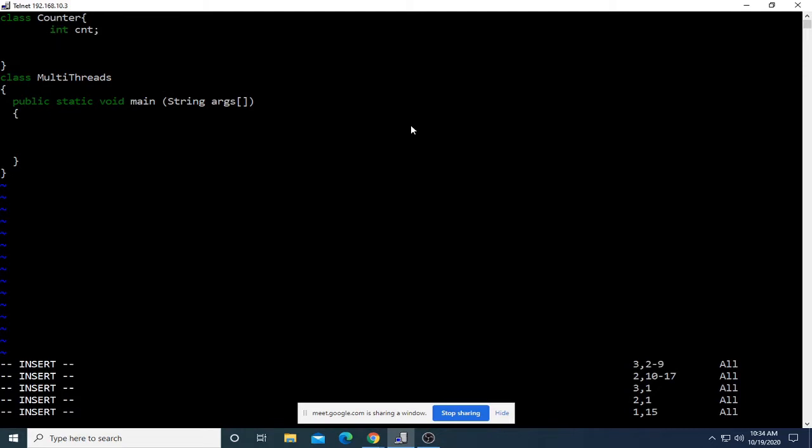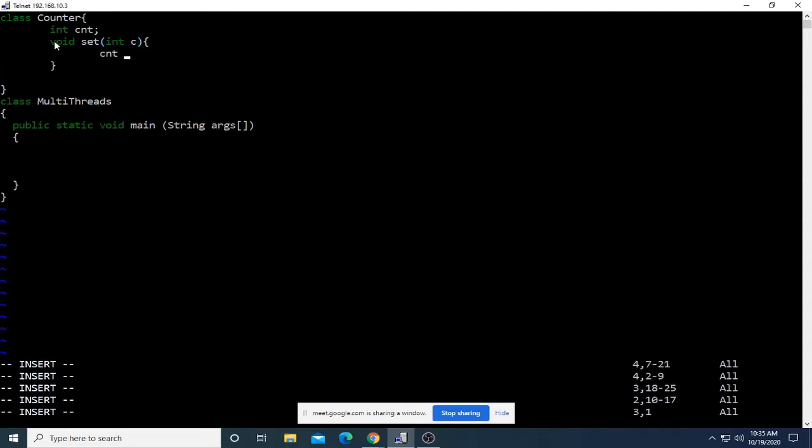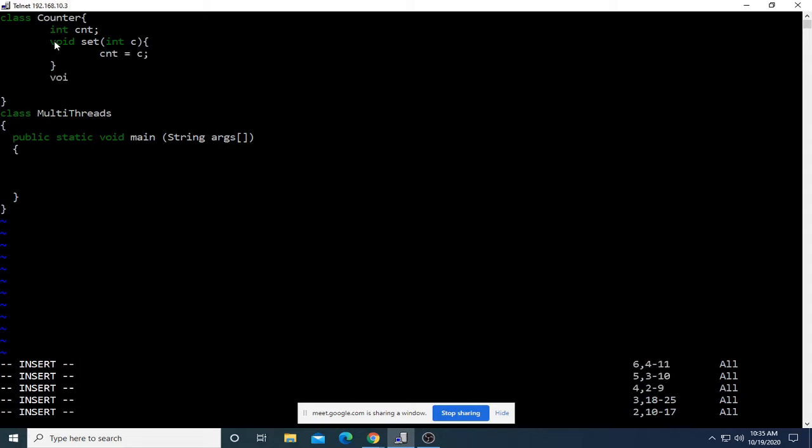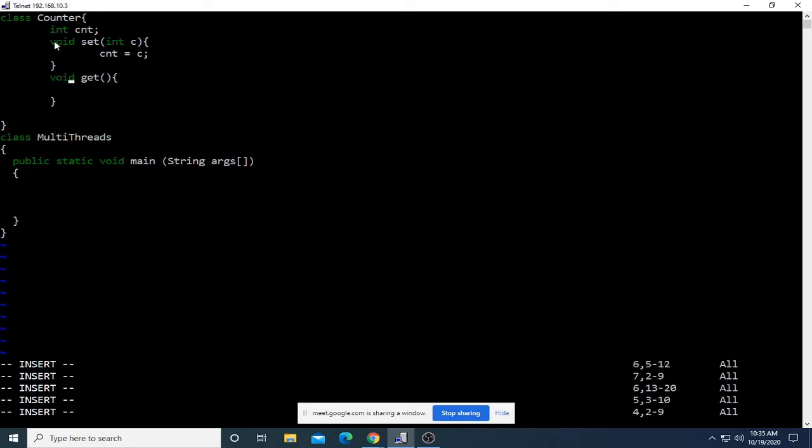And in this class, I'll be having some member methods. The member methods will operate upon this variable count. One method to set the value. Another method to get the value. The return type should be integer, as it will return the value of the count variable.